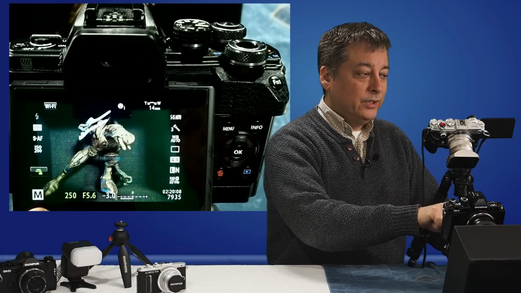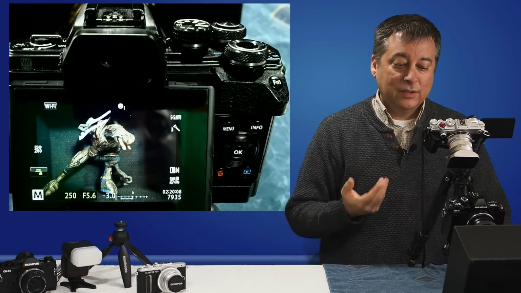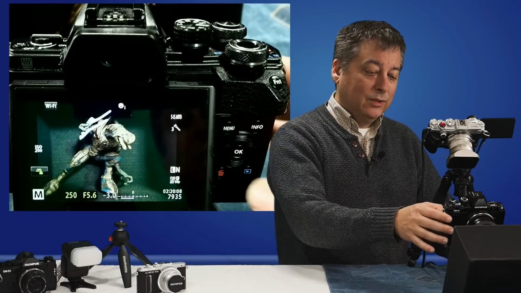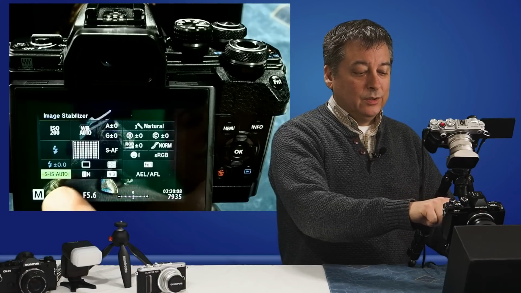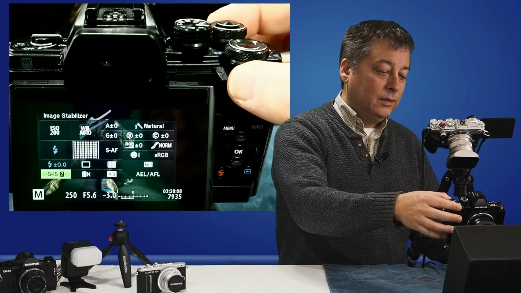And then you'll also see a little M down here on the bottom left. And in manual mode, you can still control ISO, shutter speed, and aperture. You have to control all of those yourself in terms of exposure. But when you do long exposure photography, you need to change a couple other settings that we can do in the Super Control panel. Okay, first thing you want to do, because when you're doing long exposure photography you're going to be on a tripod, you want to turn off